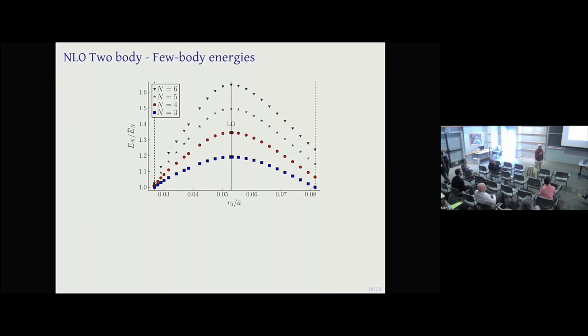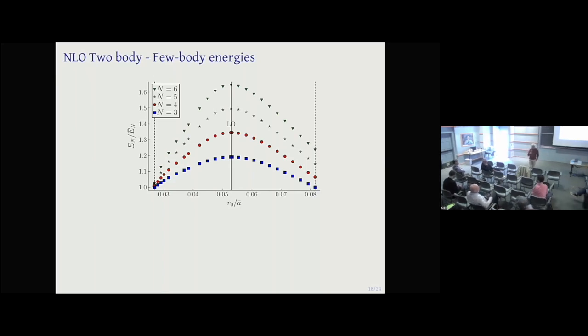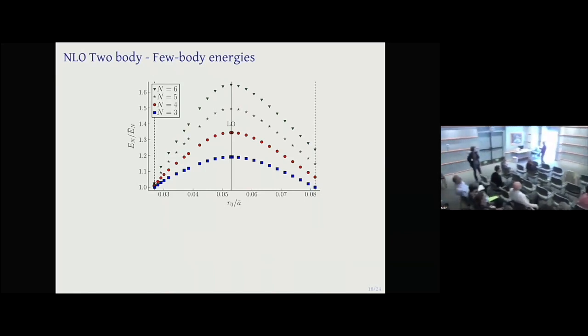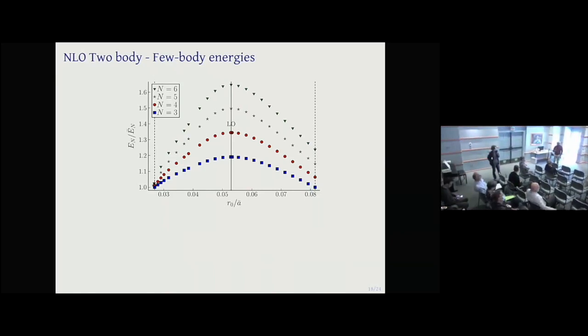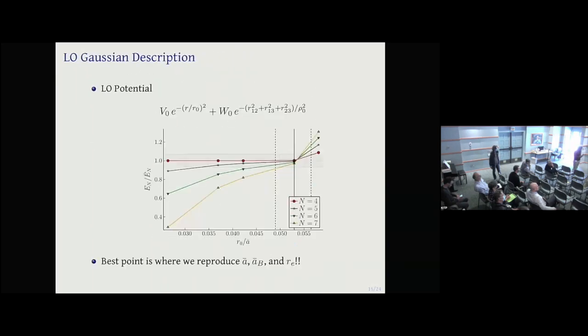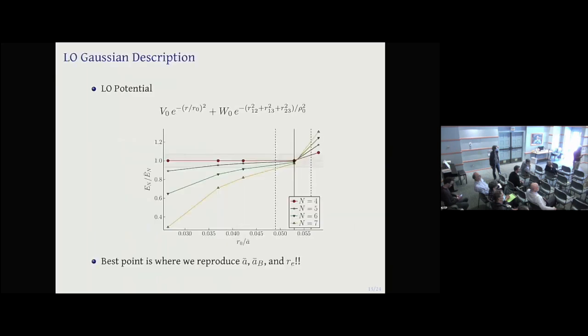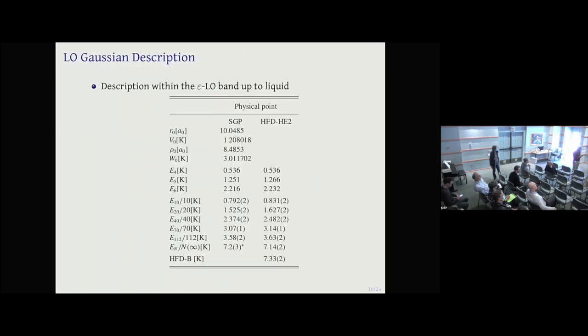So, Mario, maybe I can follow up with a question. You're aiming for something like 0.5% accuracy, if I understood you correctly, for this. What's the accuracy of the calculations that you're using as a reference? I do much better than this. That means I show the numbers.